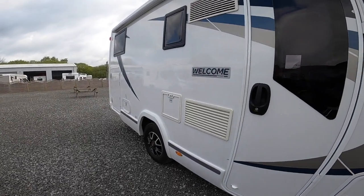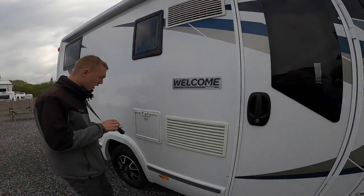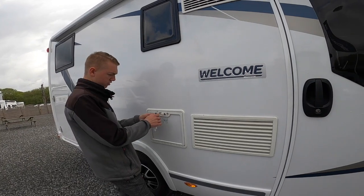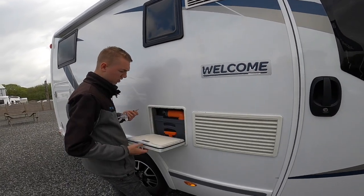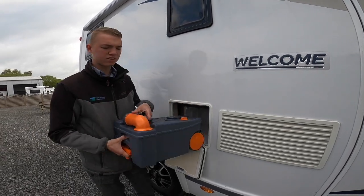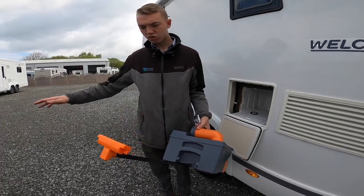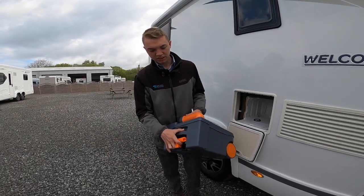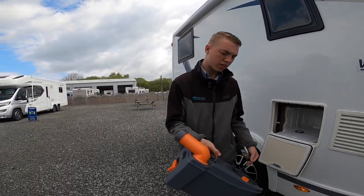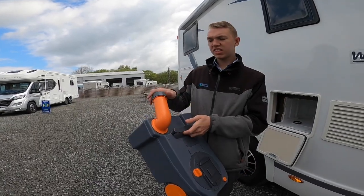So continuing our walk around, you've got your two fridge vents, the light and your awning. And your WC, this is your chemical cassette. Again, you'd open it with a key, drop it down, make sure the blade's closed first, lift the handle and slide it out. You do have a handle there, so you can drag it around the site when it's heavy. You go to your chemical waste point to dispose of the cassette, which is normally behind or beside the toilet block. Take this cap off,